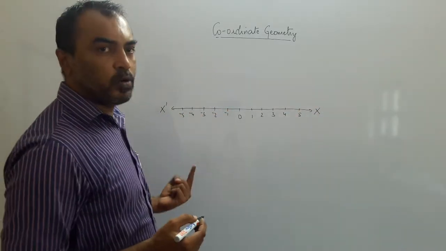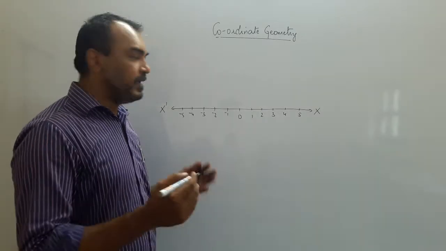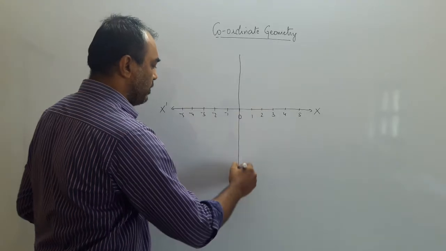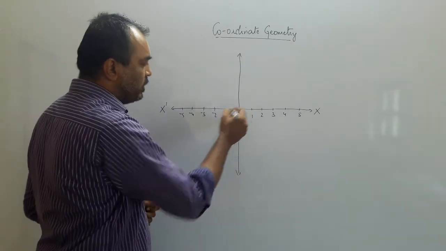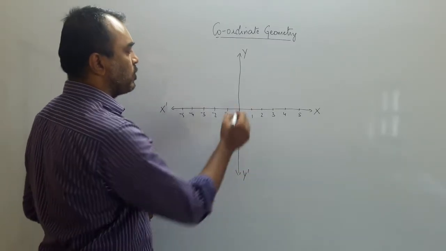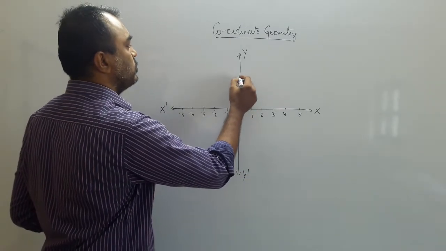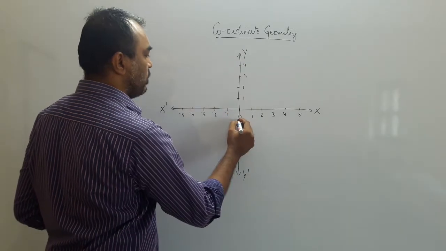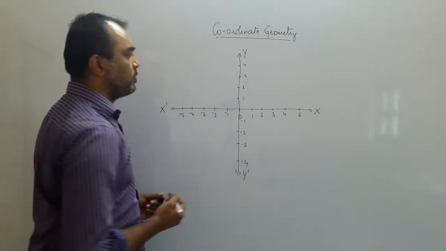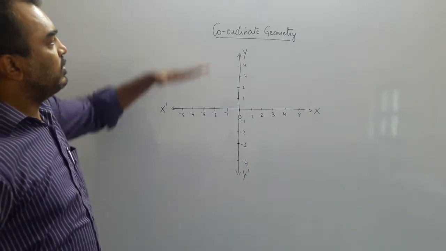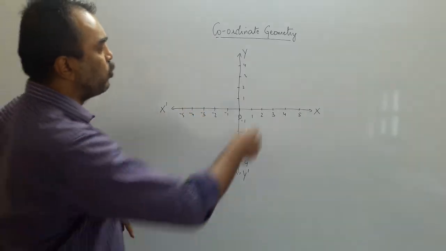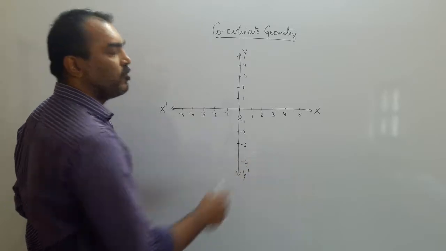But again this is only one coordinate. And like I told you, in a space with 2 coordinates, I will draw one more line from the origin, which is the vertical. The positive is called y, negative is called minus y. So the positive is 1, 2, 3, 4, and -1, -2, -3, -4. So what I have basically done is cut this whole board into parts, 2 parts, and I got 4 parts.